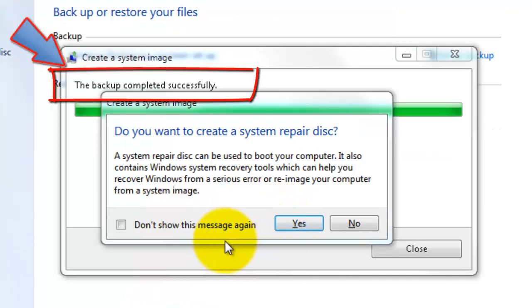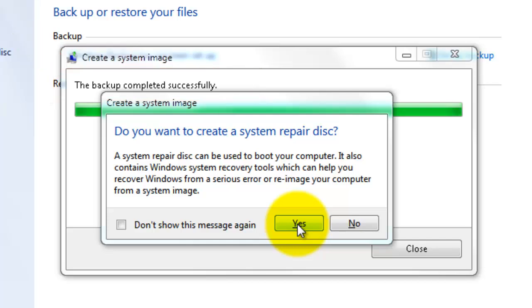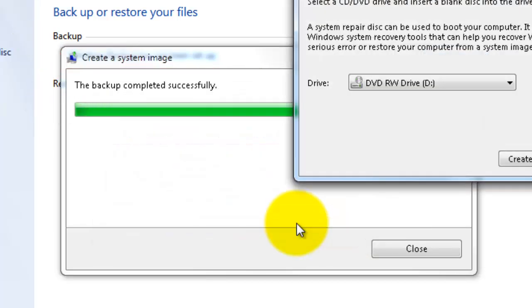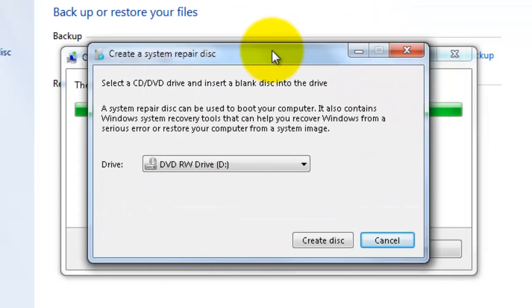So we now know the systems image has completed. You can see it there, completed successfully. So now what we want to do is create a systems repair disk. As I said, we need one. So click yes, and this window will open. Create a systems repair disk. Select a CD, DVD drive and insert a blank disk into the drive. So you have the drive selected,